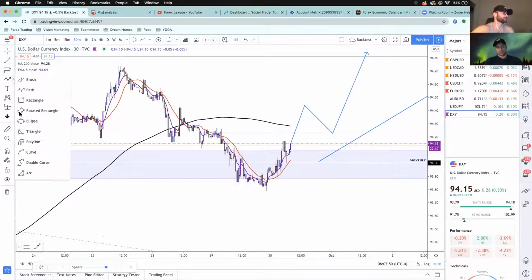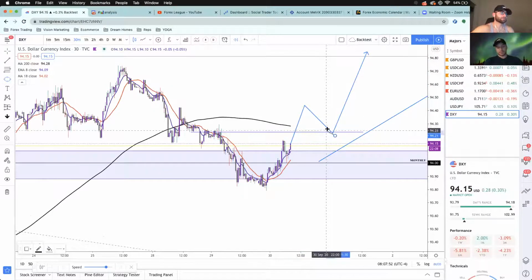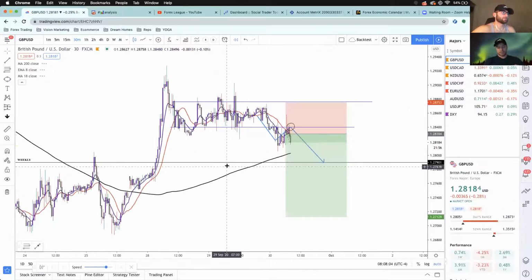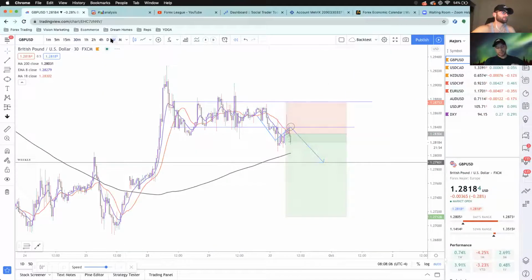We're going to look for, get to find some support right here at this level. So yeah, we're going to continue to monitor this, see if it continues to push up. But with it in mind that USD is pretty bullish at the moment, let's pop over to GU and